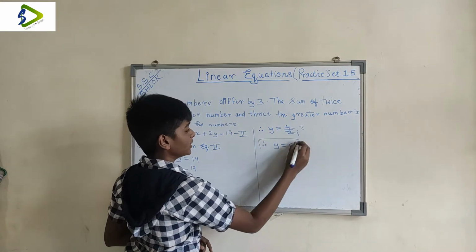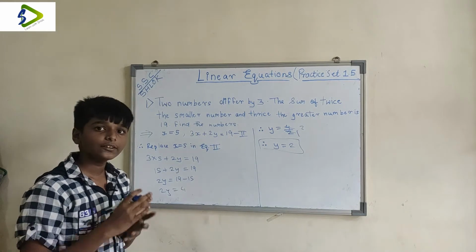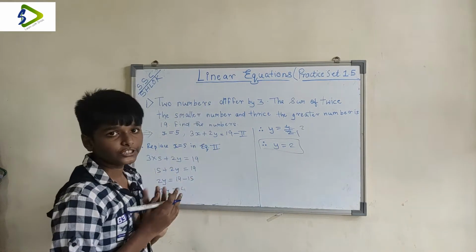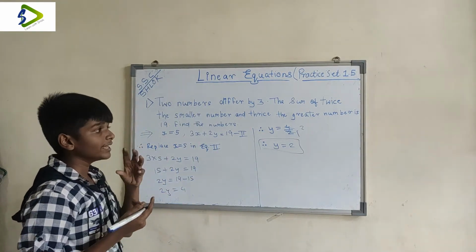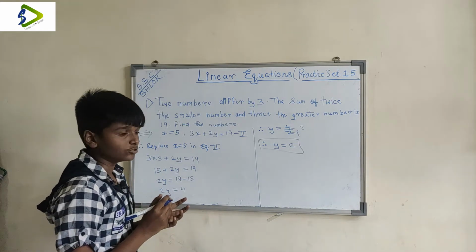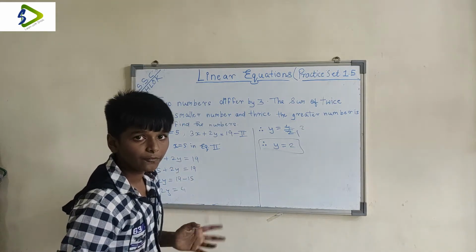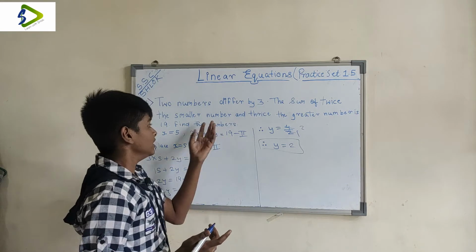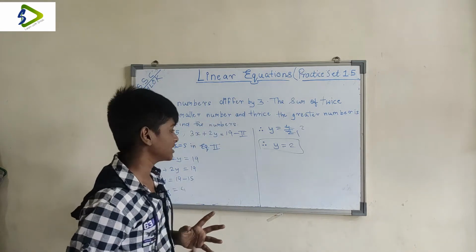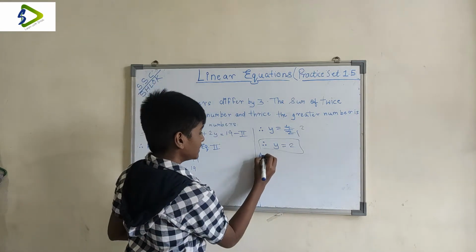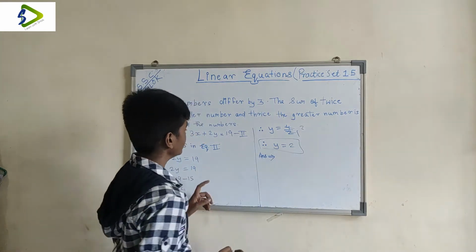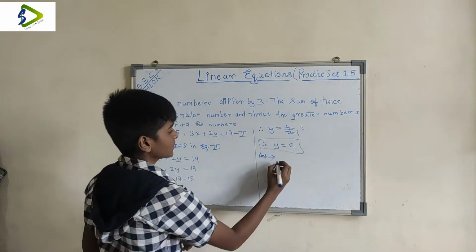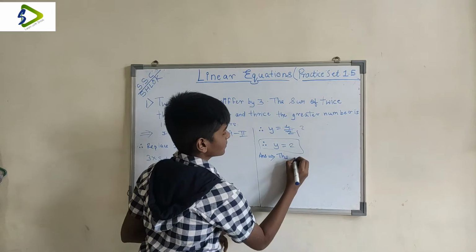Now many people, they solve it till here and they forget about the question. The question tells us to find the greater number and smaller number values. They didn't tell us to find x and y. We considered them as x and y, but the question doesn't know that we considered them as x and y. So you have to write your final answer. That's very necessary. You have to write your final answer as the greater number